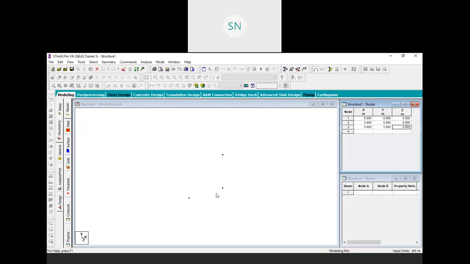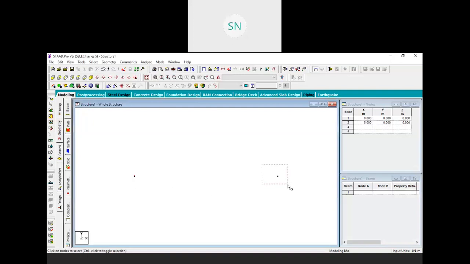To simplify this, just use two axes, x and y. So turn your screen in front of you and view from z. So this is our 0 0, this is our x, and this one is our y. So 5 meter and 5 meter in y. So this is 5 comma 5. These are our coordinates. Now what I have done is I have created one point over here at 5 meter distance. Focus on this point. This point is 5 meter away from the origin, 0 0.